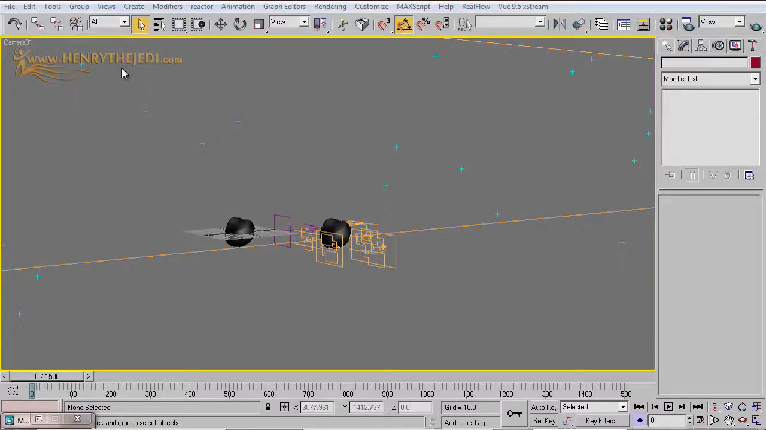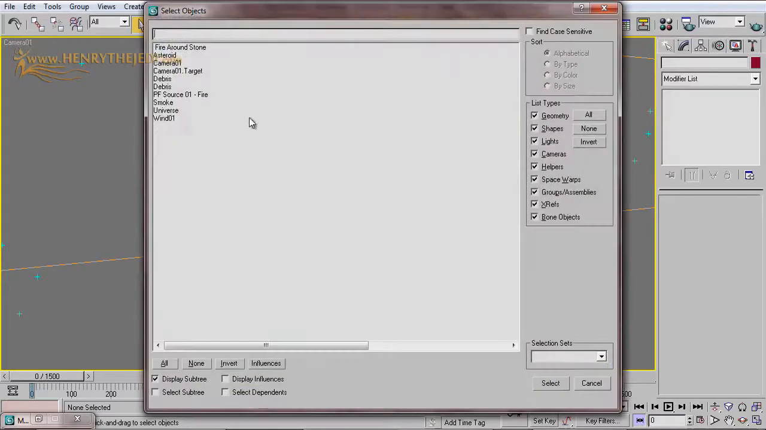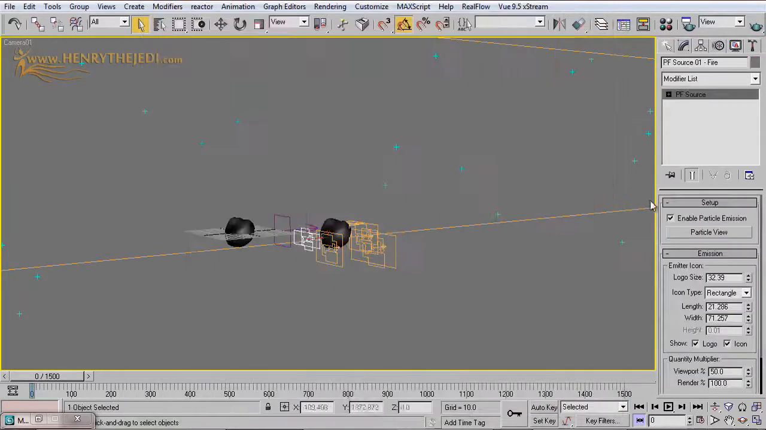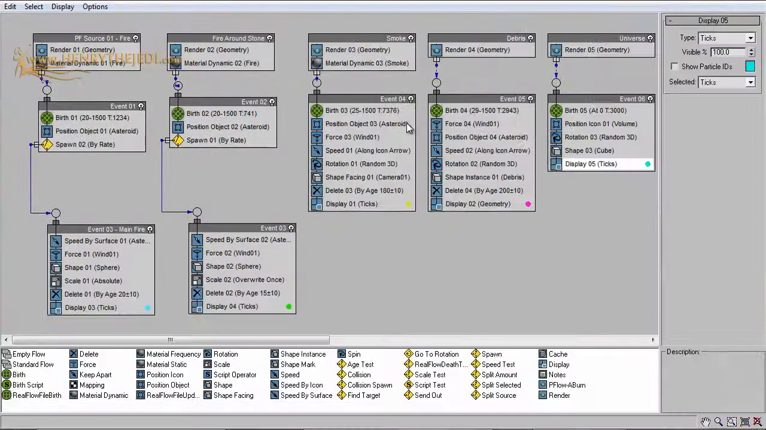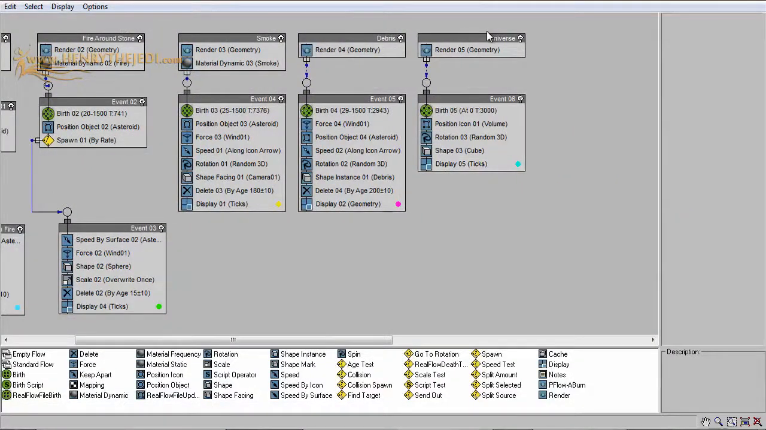Now, to animate our scene, we need to position the camera very well, so that the camera is focusing on the asteroid itself. But before that, let's open up our particle flow window. Let's work on the universe particle flow,